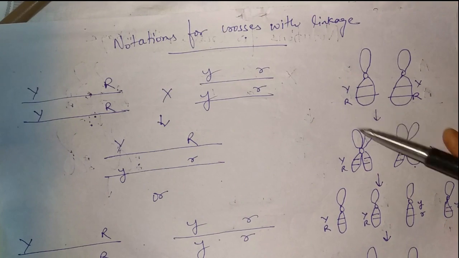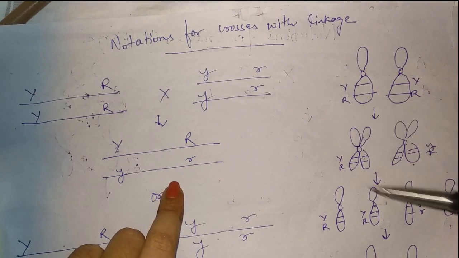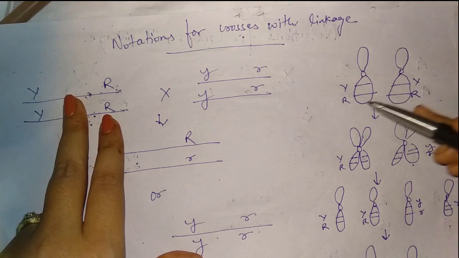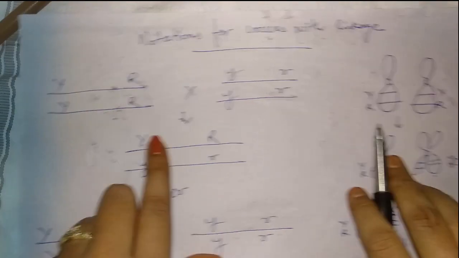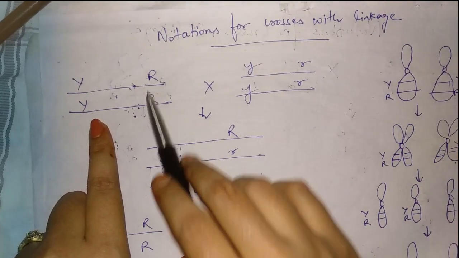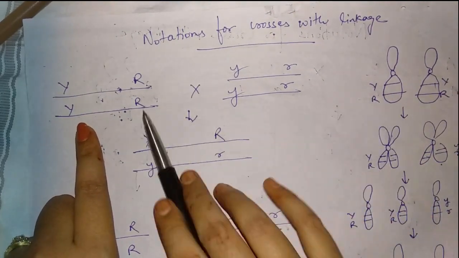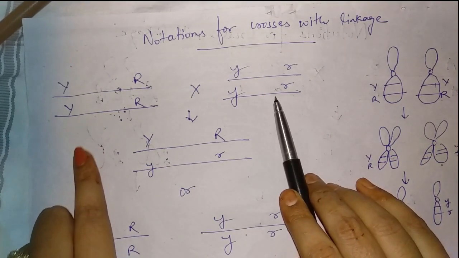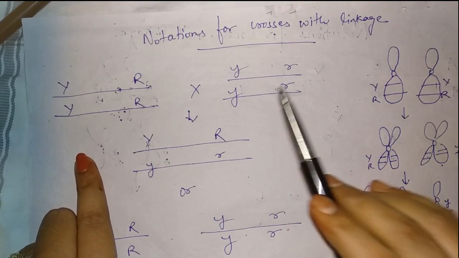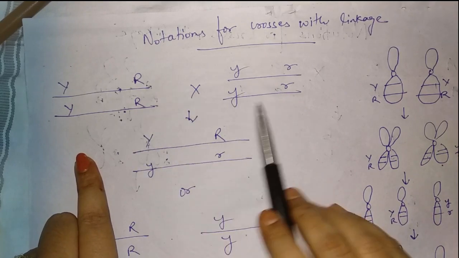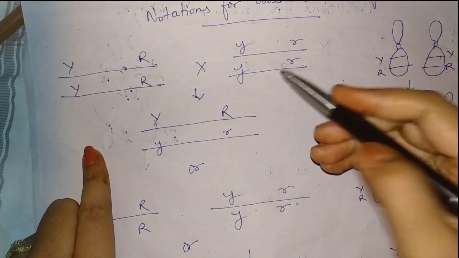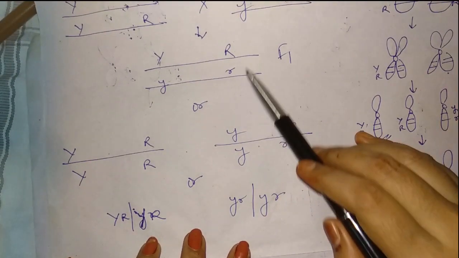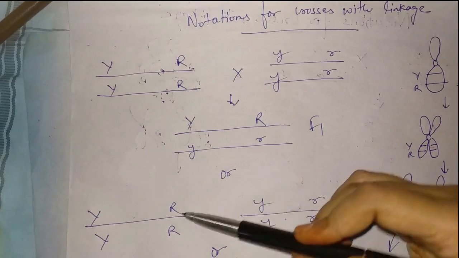And over here, if we represent it in the normal way, then this chromosome will have the linked genes Y, R in this way, and the homologous will have them in this way. So similarly, they can be represented with the help of lines. So see, they both are similar. And this is another parent, where crossing over is taking place. This is homozygous recessive, and this is also the same as this one. When the cross takes place, the F1 will be produced. They can also be represented in this way. Instead of two lines, we can use a single line. The meaning will be the same.